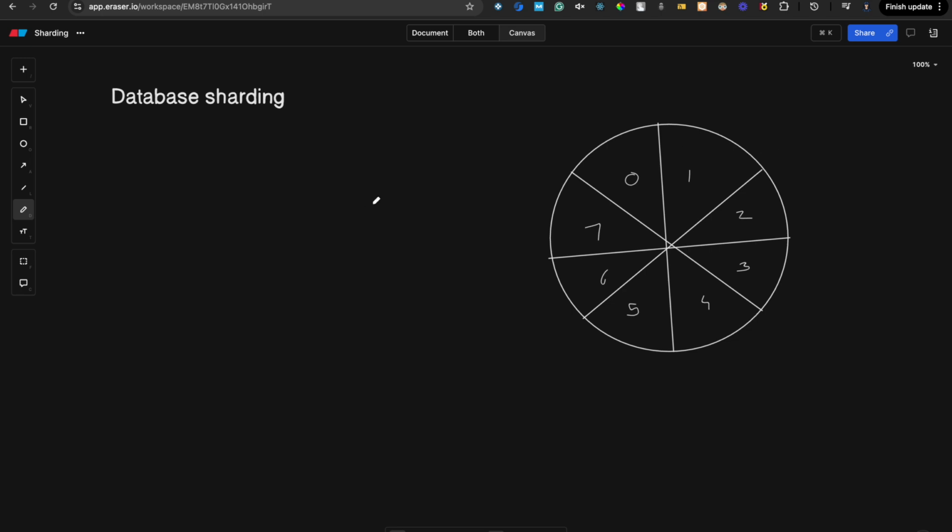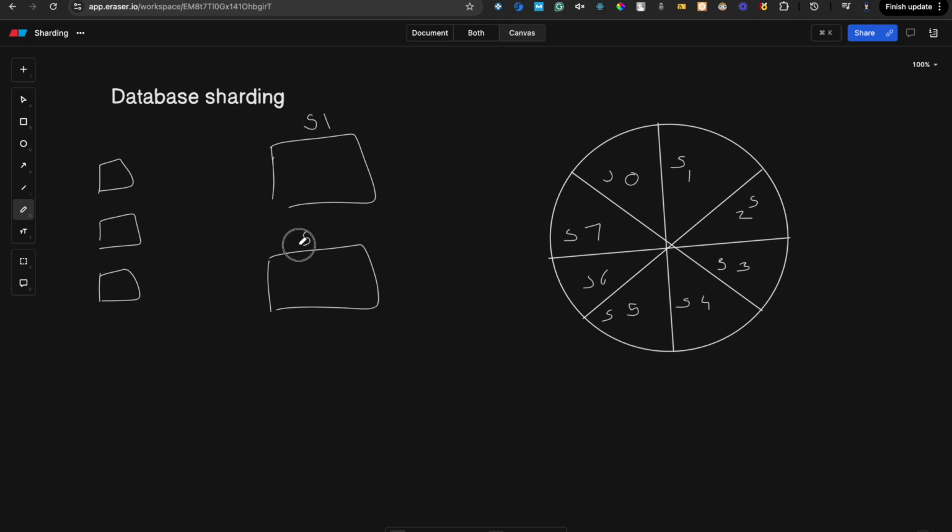Let's suppose that these slices are the servers. Let's suppose that this is just add s. So this is s0, s1, s2, s3, s4, s5, 6, and 7. These are the servers and the requests that are coming. Let's suppose that these are the devices and these are the servers, s1, s2 till s7. So these requests are coming from devices, and we are distributing them according to the